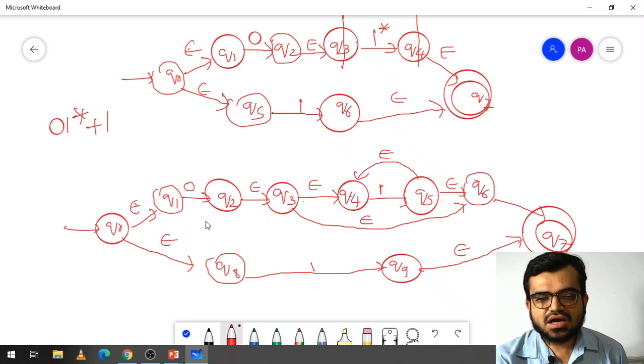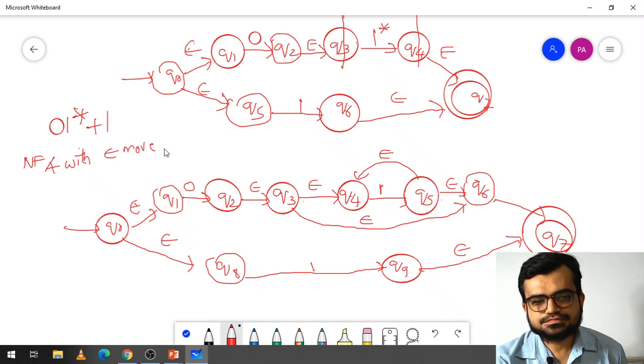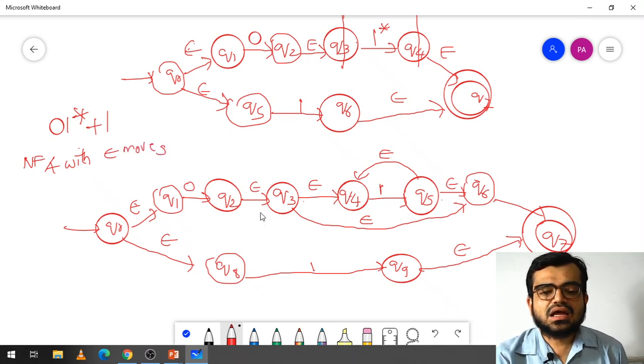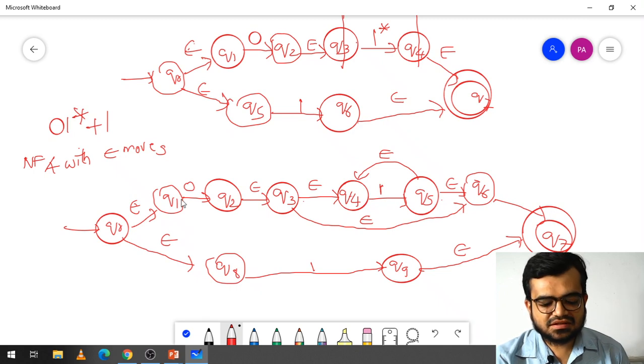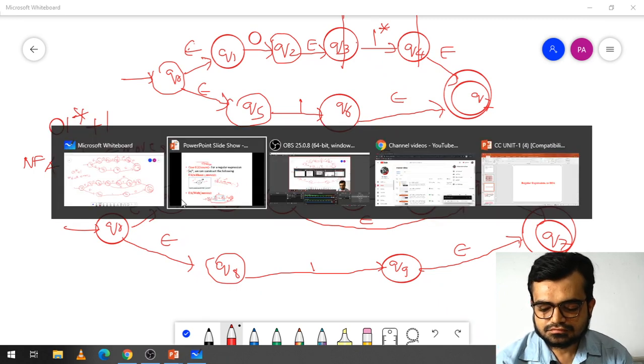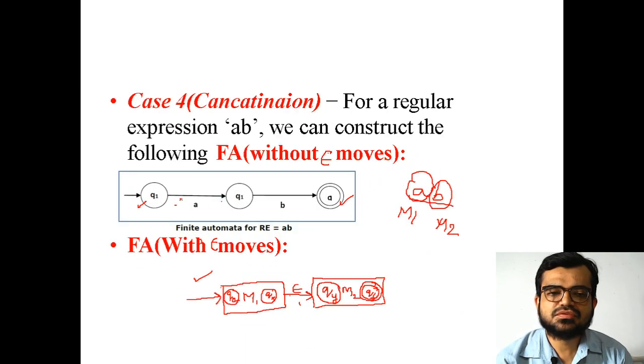So this is how the process of NFA with epsilon moves works. Now this regular expression we converted to an NFA with epsilon moves. Okay. Now this is the first procedure.